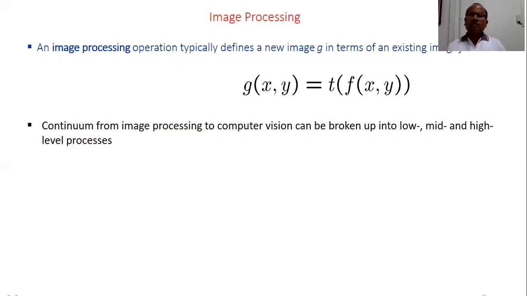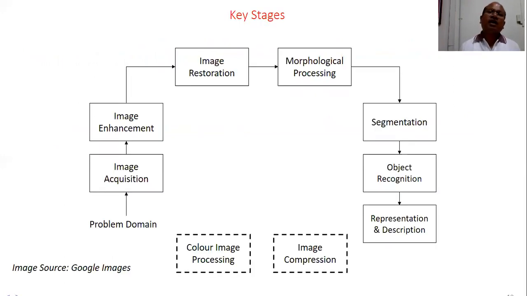If that is a constant, then the constant value will be multiplied. But T is representing here an operator, that is the transfer function. And this is called image processing. And we have already discussed that image processing is of 3 levels: low level, middle level, and high level. So this was about what we mean by image processing, what we mean by digital image again, what is the concept of intensity values, and how an image changes when it passes through some system.